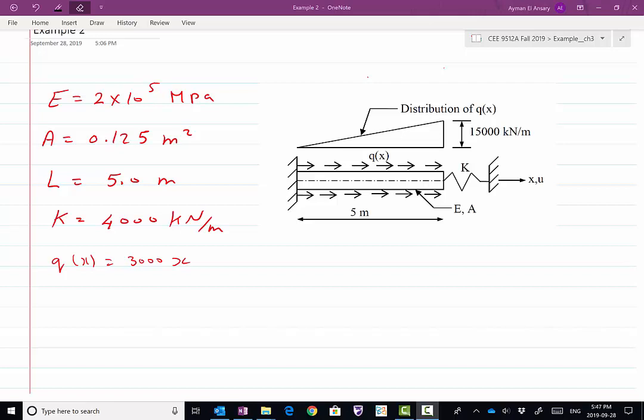Hello again everyone. This is our second demonstration video regarding the commercial finite element software SAP2000. In this video we're going to use SAP in modeling a one-dimensional bar problem, considering the example shown in the figure, where